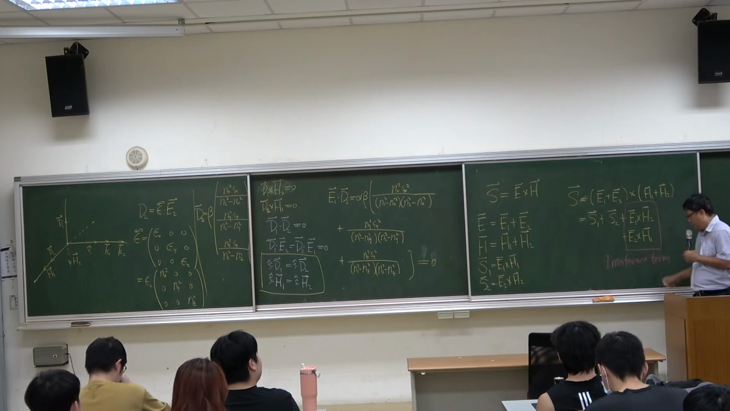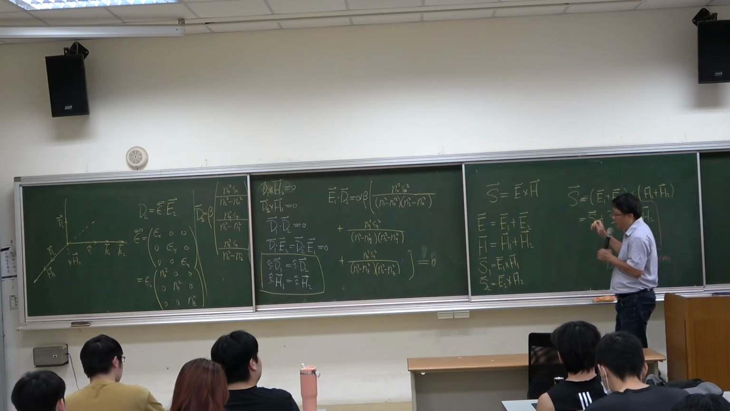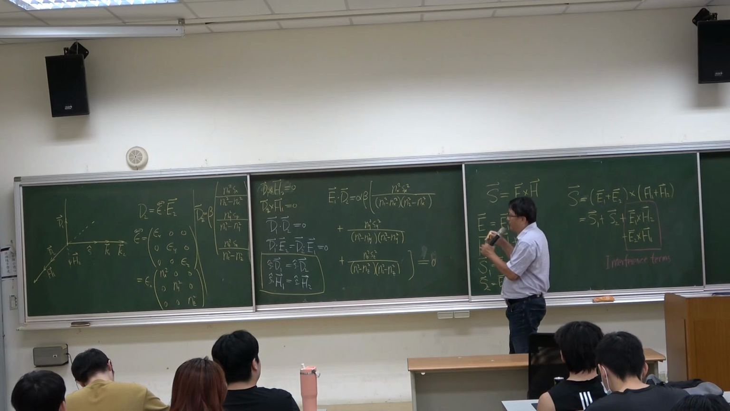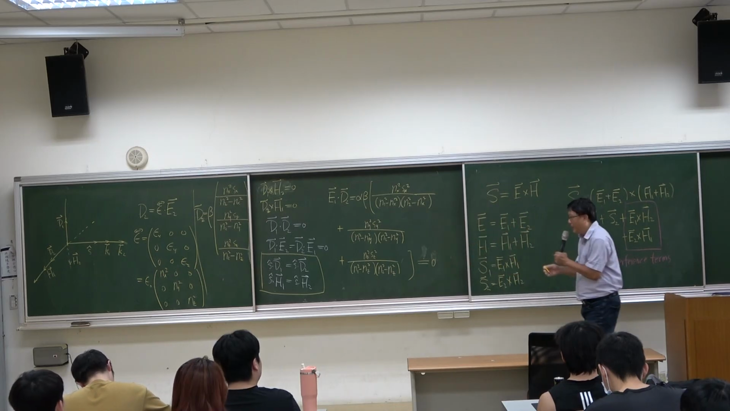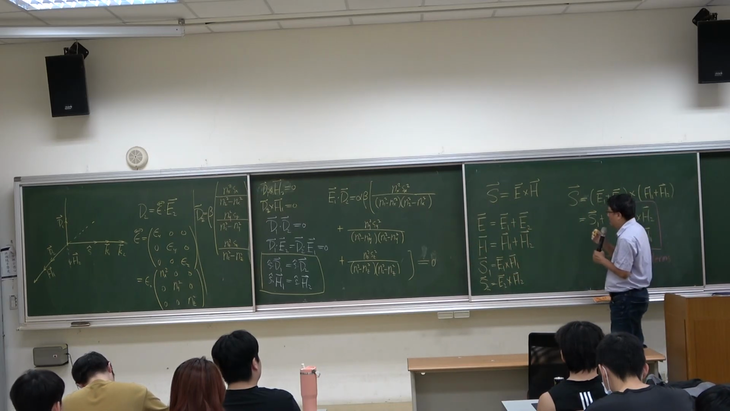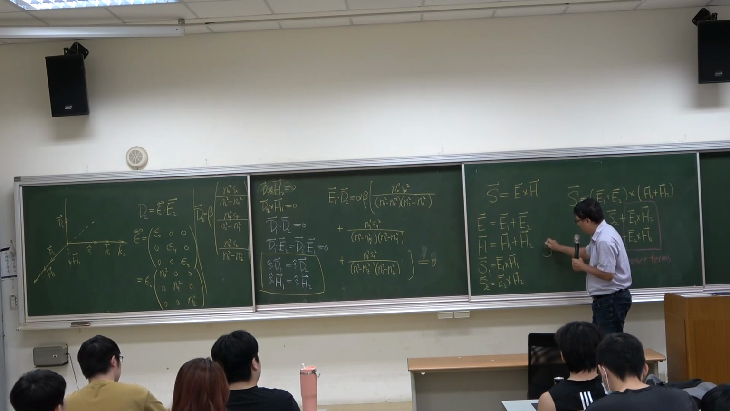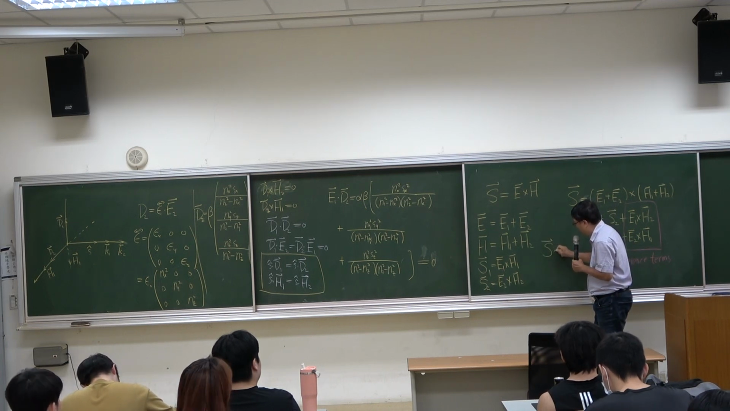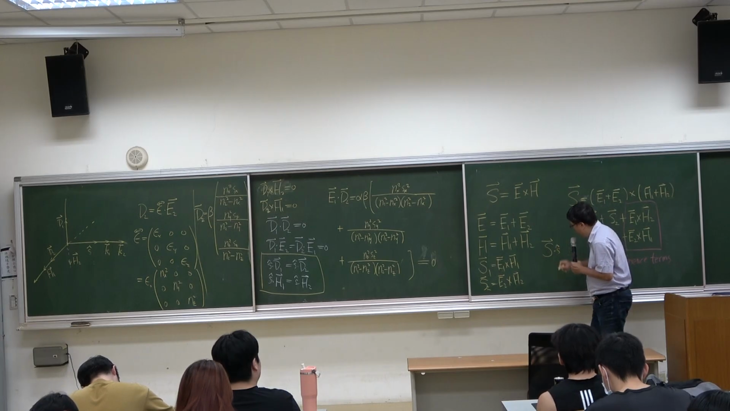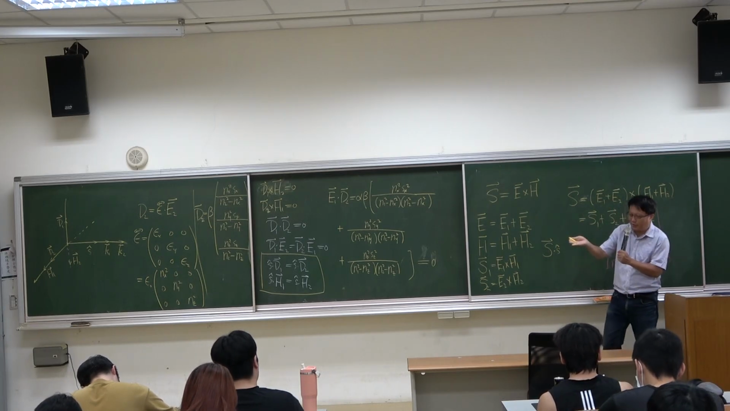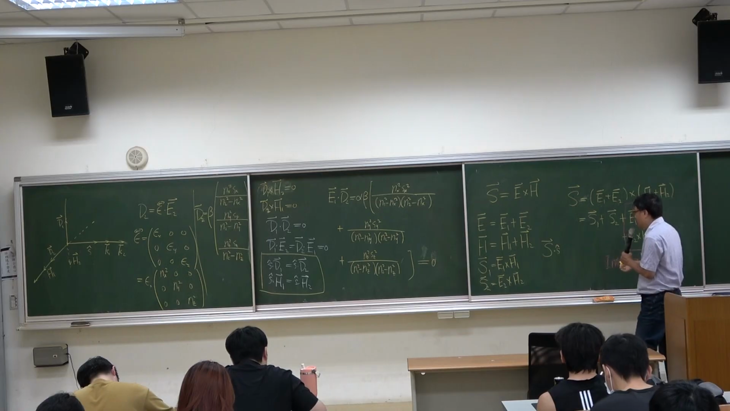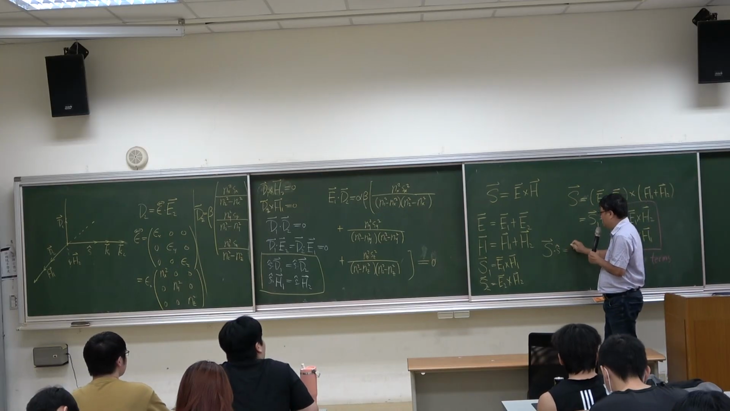Although, in general, the interference term is not zero, we can prove that when we consider the projection of the Poynting vector along the propagation direction, the phase propagation direction, then the result is simply